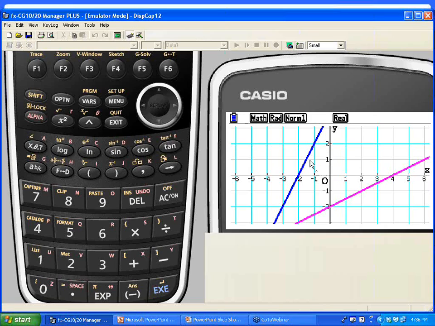So let's go back and think now. We started off with the definition today of what one-to-one would mean. One-to-one means that this line would pass both the vertical and a horizontal line test. And I believe we can see that this blue line does pass a vertical and horizontal line test, so we can say that it's one-to-one.